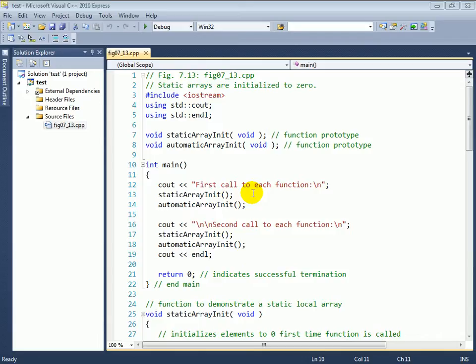Figure 7.13, Static Array Initialization and Automatic Array Initialization. In a previous example, we talked a little bit about scope of variables, and we talked about static local variables in particular. And a couple of times now we've talked about the fact that by default, C++ does not initialize